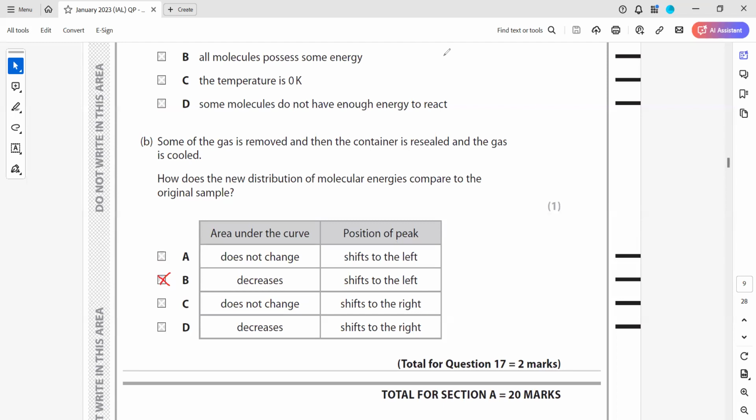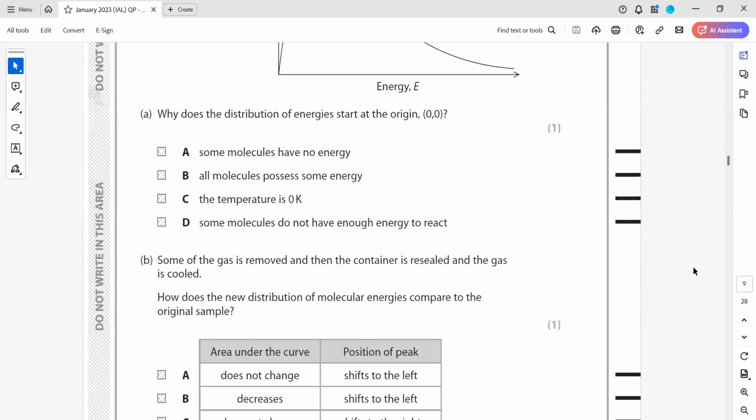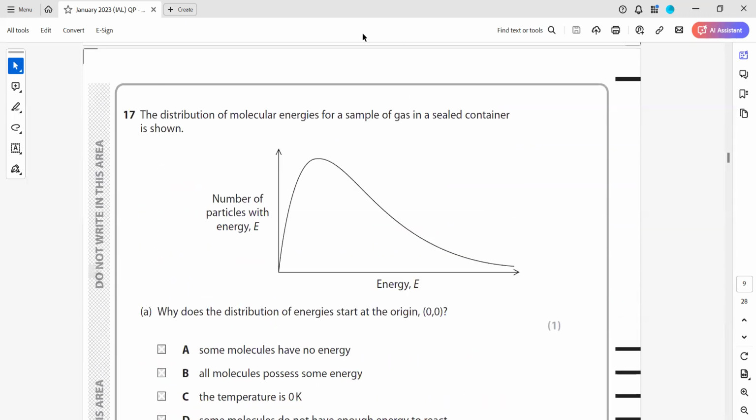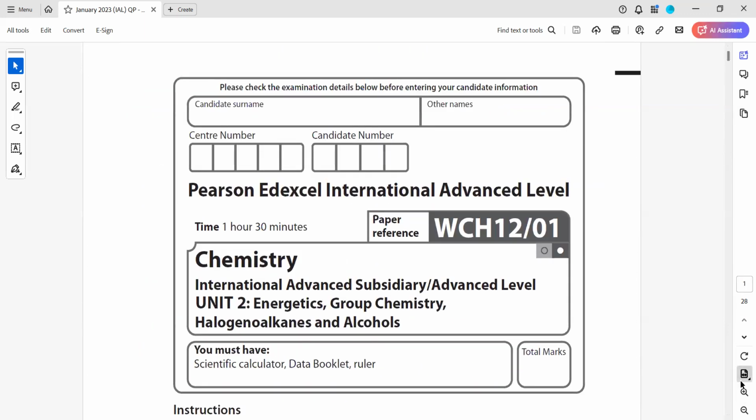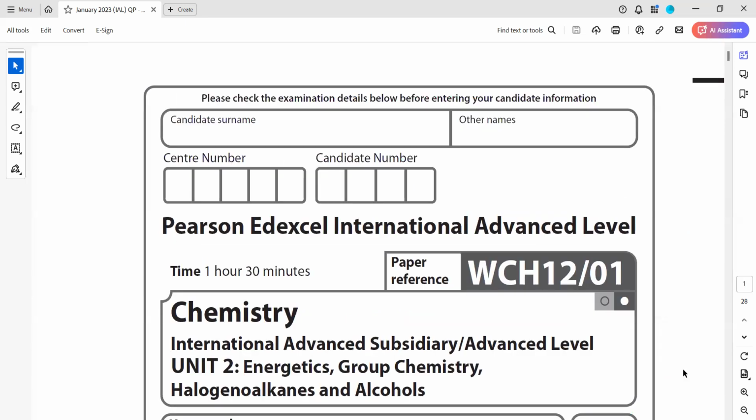If you don't change the number of molecules, then the area of the graph will not change. And if you do the experiment at high temperature, the peak will decrease and it shifts towards the right. This is at a high temperature. If you reduce the temperature, the peak will increase and it will shift towards the left-hand side. So this was